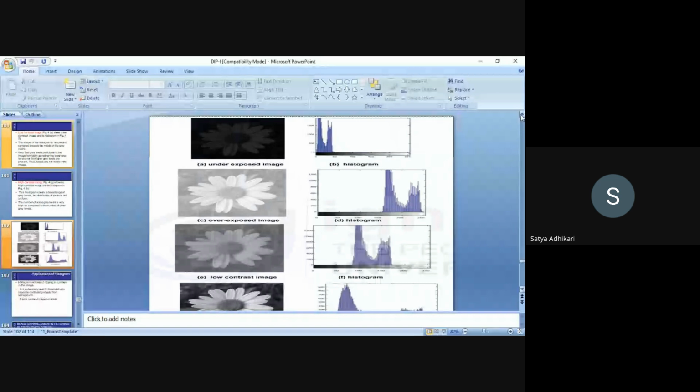So this is the application of histogram. From the histogram we come to know that it is an underexposed image because all the graphs are closer to 0. So it is an underexposed image. Then come to the second category,